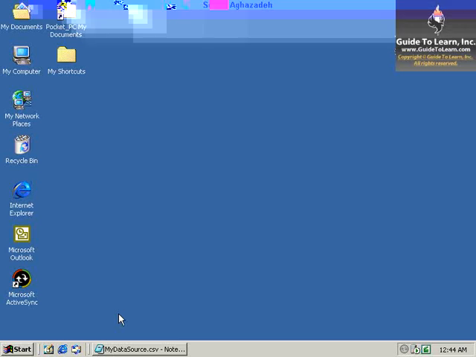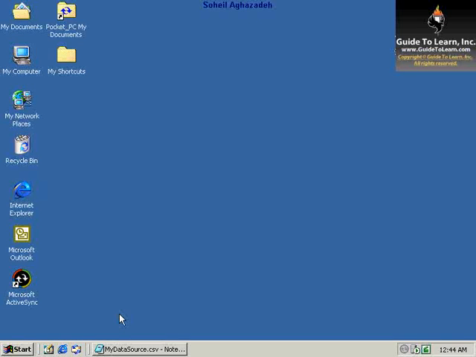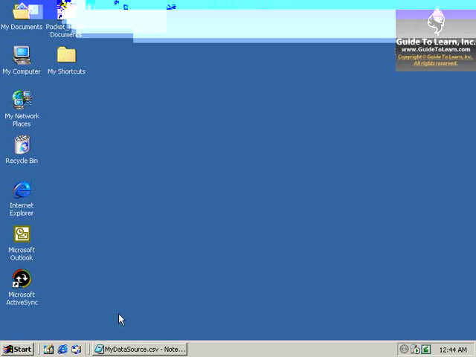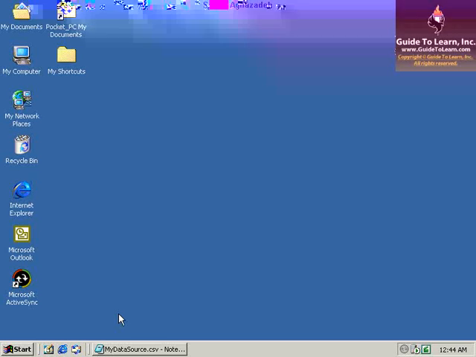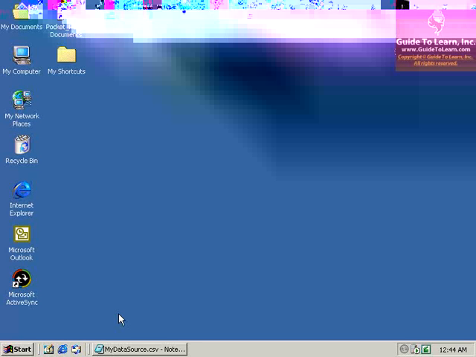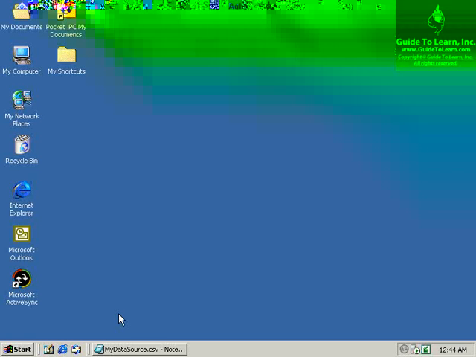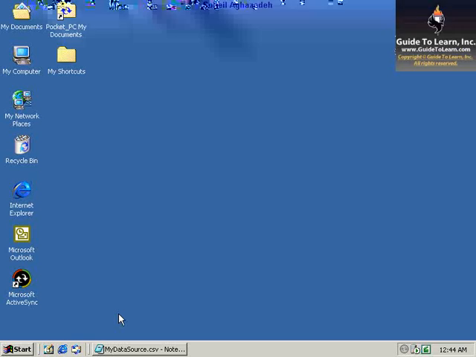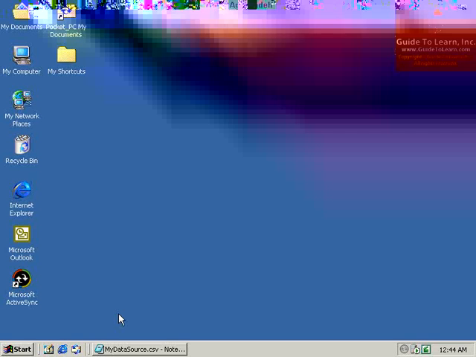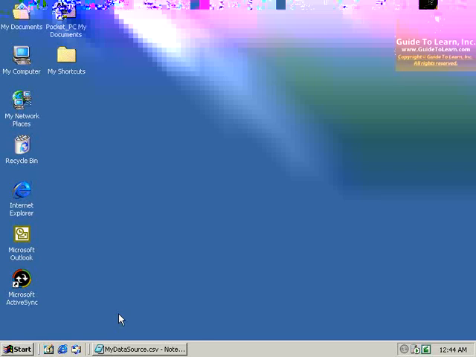Your data source could come from a SQL Server database, could come from an Access database, or could come from a flat file like a text file or a comma separated value file. For this demonstration, I'd like to show you a small Notepad file, where we have created a variety of different records, and we have separated every single field using a comma. I'm going to use this as my data source for this demonstration. I launch Microsoft Word,